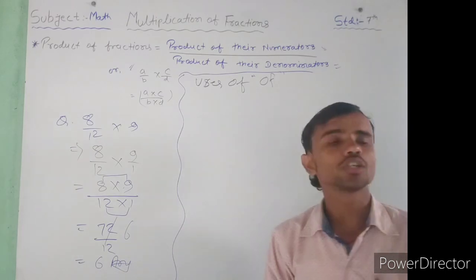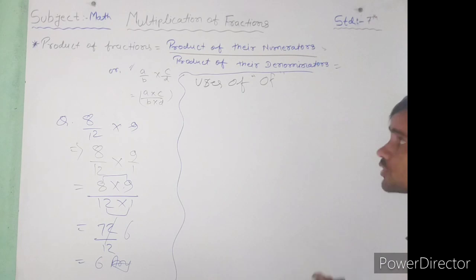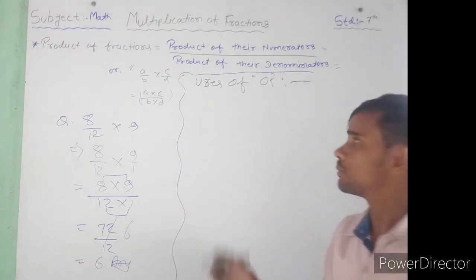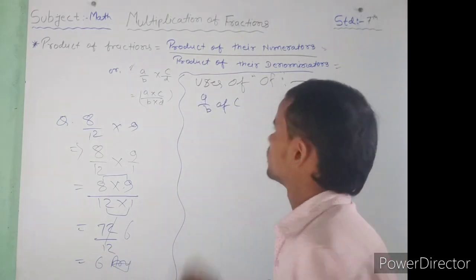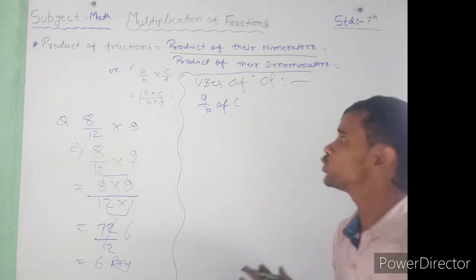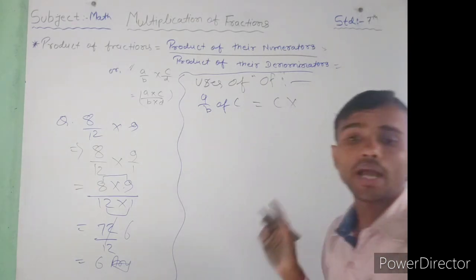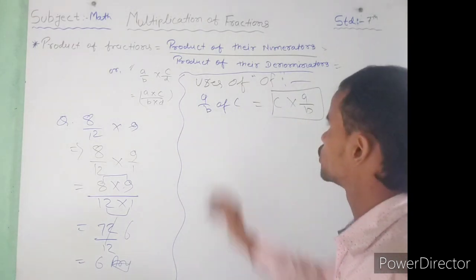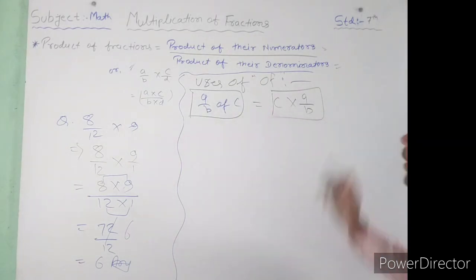If that type of question comes in your exam, how do you solve it? Firstly, write on the board the formation of how to solve it. Any question that comes in that form of c, how do you crack it? The form is c into a by b. That's your question form, and that's your form of solution.